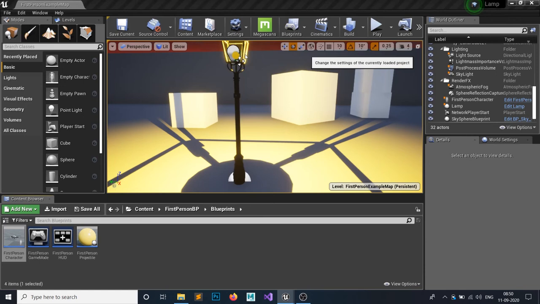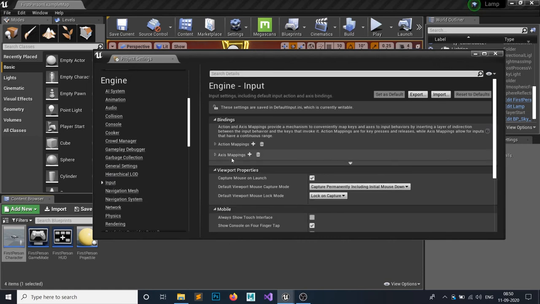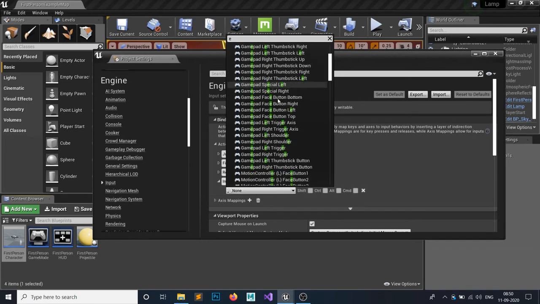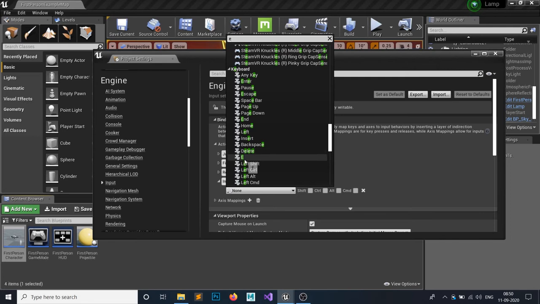Right click, and open your project settings. You're going to find Input, and inside Action Mappings just add an action mapping called interact, and we're going to set it to the E key. So the keyboard key of E, this one.